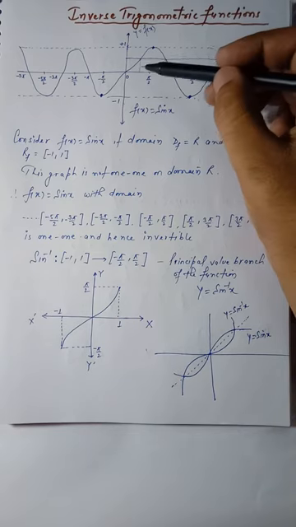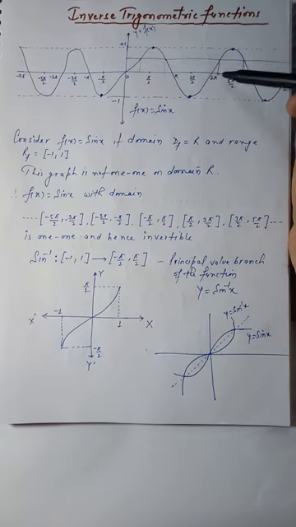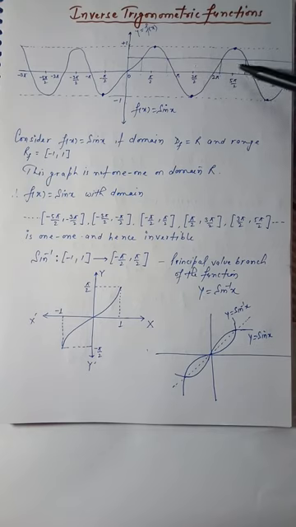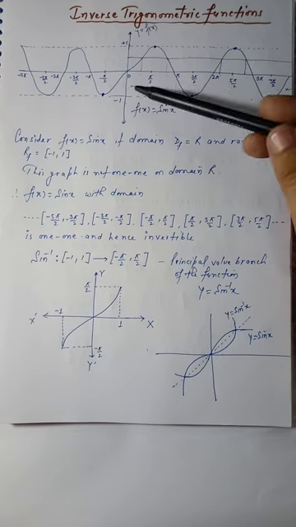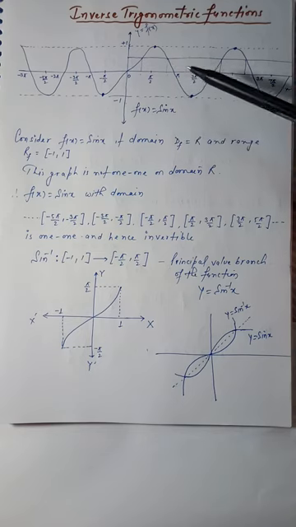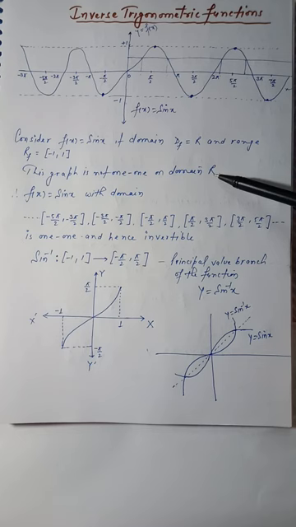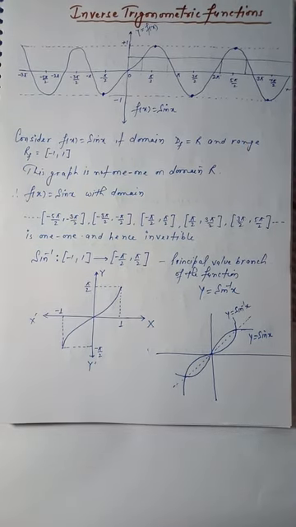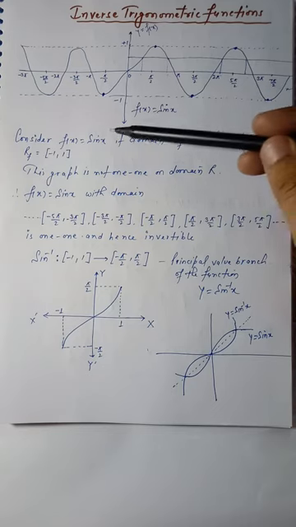Now we may say that for different x we have the same y. It means this function is many-one. So this graph is not a one-one graph, because if we are taking the whole domain, meaning all real numbers, this graph is not a one-one graph. Therefore inverse is not possible here, but we are learning inverse trigonometric functions, so it means we have to restrict the domain of this f(x).